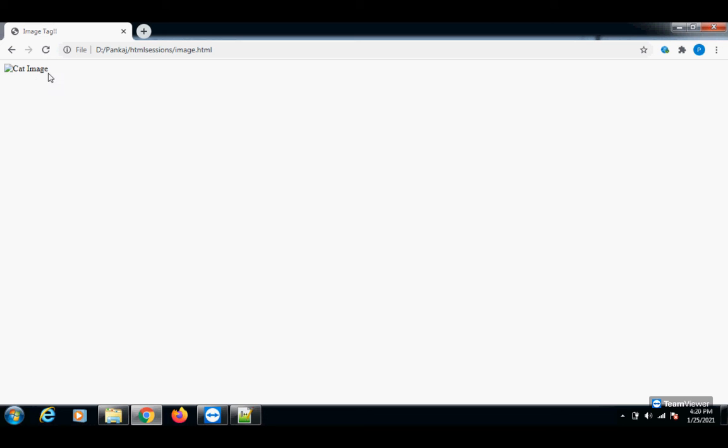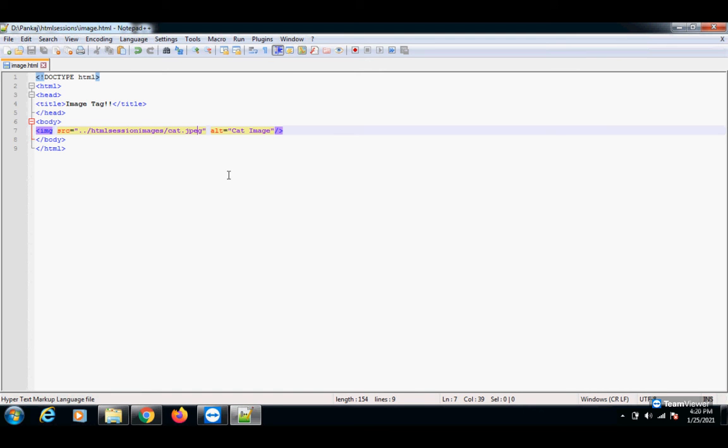Like this is a cat image that we want to show here, but due to some error or file not found, we are not able to display the image on the browser. So if we select the right URL of the file and refresh the page, here we are able to see the right image.